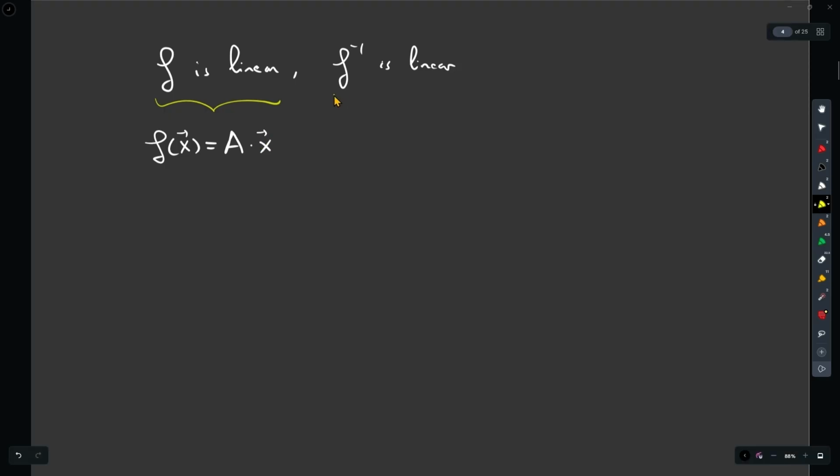So F is linear, and F inverse is linear. Now, F is linear tells me that F itself is given by a matrix. So F is linear means there is a matrix such that F of X is A times X for any vector X. And therefore, since F inverse is linear, there has to be a matrix such that F inverse of X is given by B times X for some